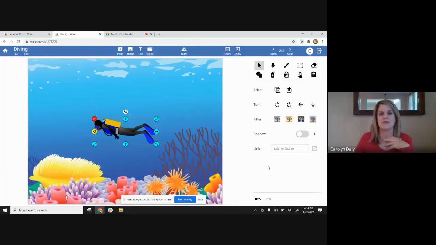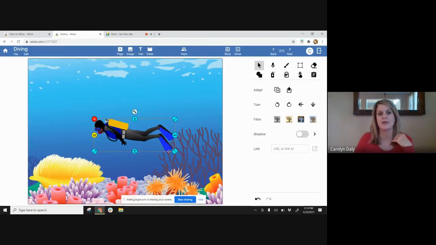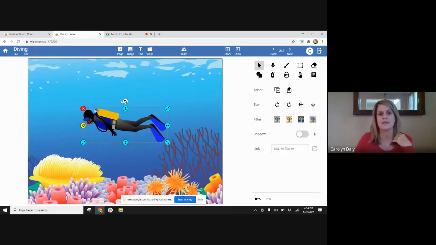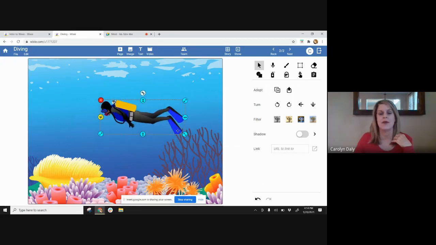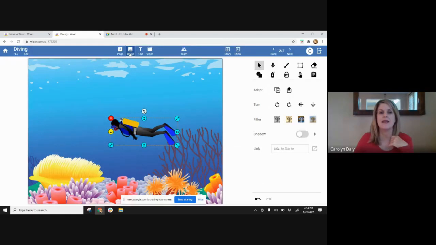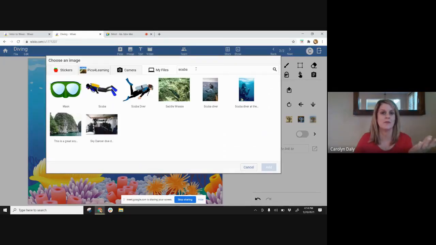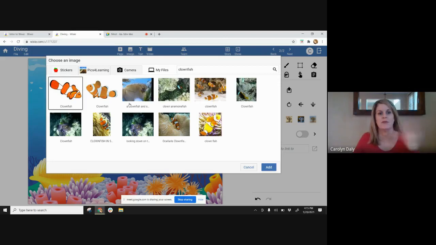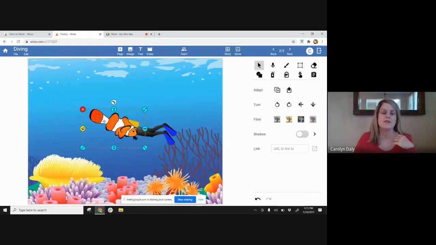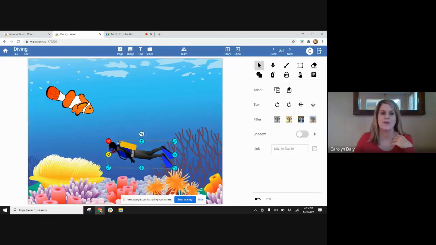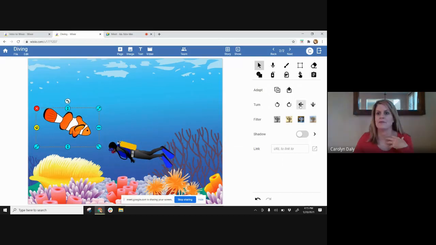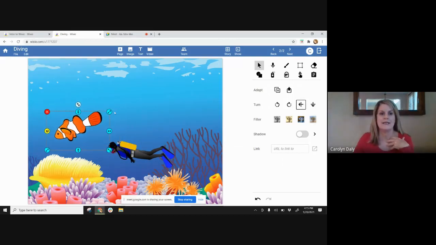And then we can just literally click on the image, pull it in, use the handles to resize. Everything can be rotated, and off you go. So again, it makes it really nice to be able to pull in whatever piece that you want. Let's say it's a clownfish. Let's see if we've got a clownfish in there. We sure do. We can pull that in. So again, once we have all of the different things that we want in our scene,